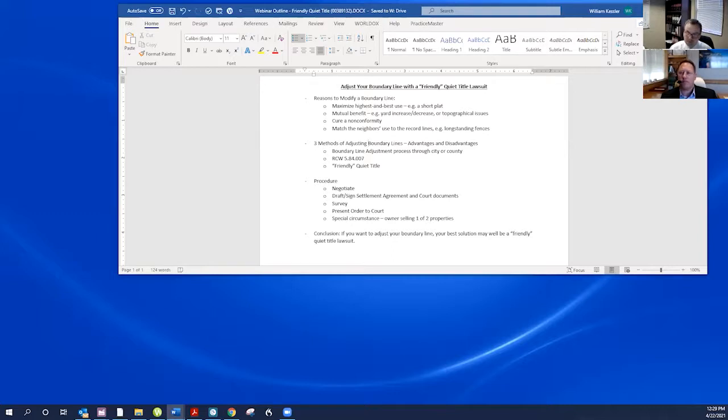My own personal opinion is that it would be extremely beneficial for a reported court case to come out and clarify the scope of this statute and to say that it means what I personally think it means. That could make it a more feasible option in the future. But for the time being, we live with this degree of uncertainty, which is probably a good reason for choosing a different option for adjusting your boundary.